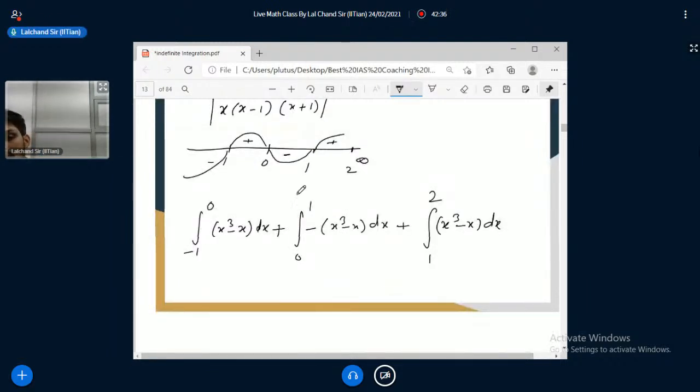Okay, now if we integrate this first integral, the integration will be x to the power 4 by 4 minus x square by 2 with limits from minus 1 to 0. The second integral will be, if I multiply by this minus sign, x to the power 4 by 4 plus x square by 2 from 0 to 1, plus, then this integral will be x to the power 4 by 4